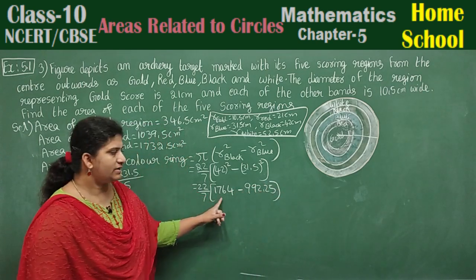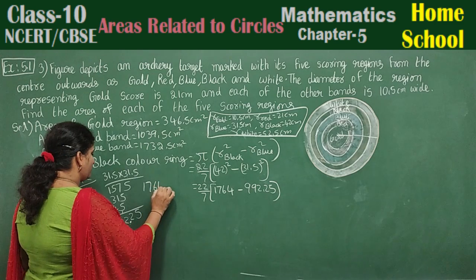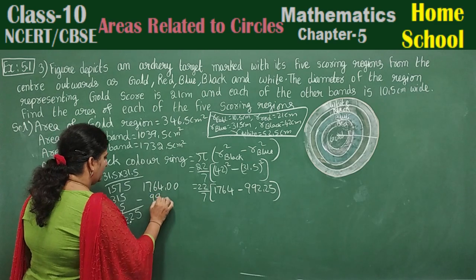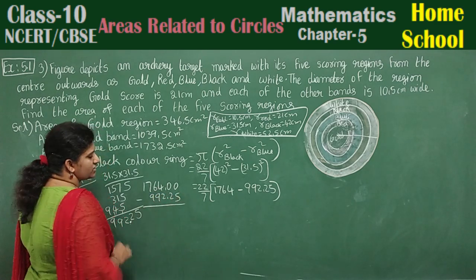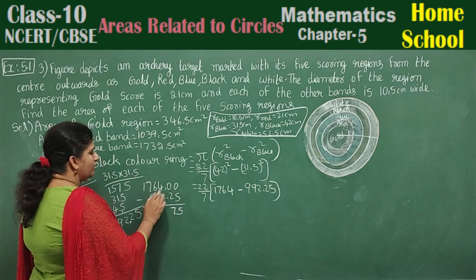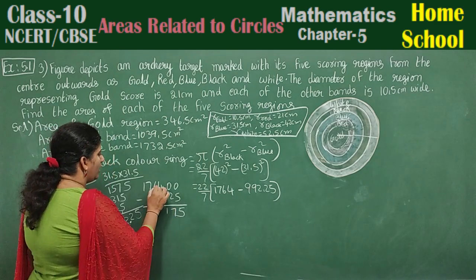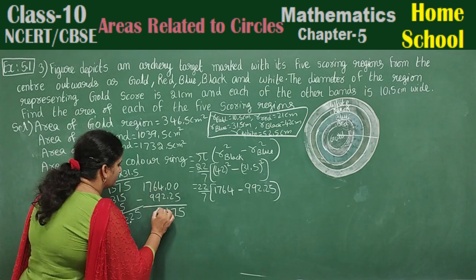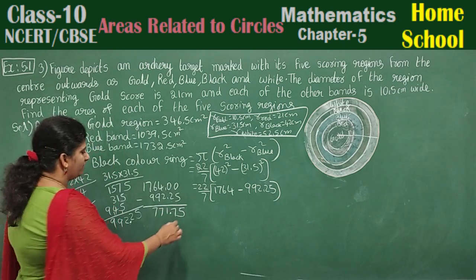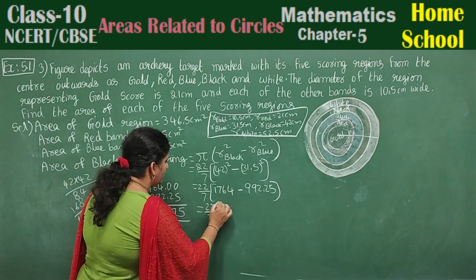992.25. Subtract these two. 1764.00 minus 992.25. Subtract these two. 10 minus 5 will be 5. 9 minus 2, 7. And here you are going to have 3. 3 minus 2 will be 1. And you have 16 minus 9, 7. 16 minus 9, 7. Decimal point is here. That will be 771.75. Write it here. 22 by 7 into